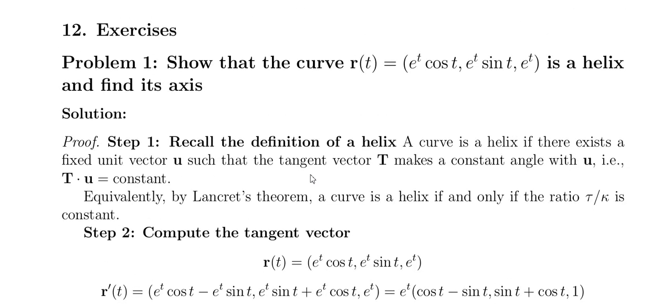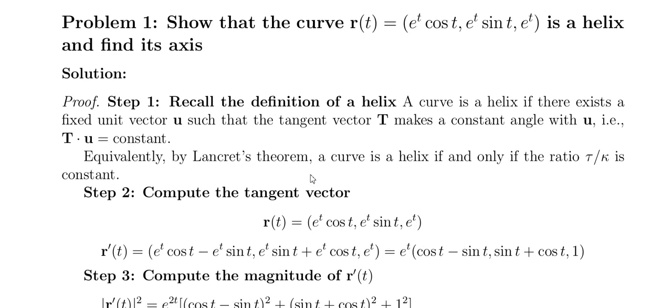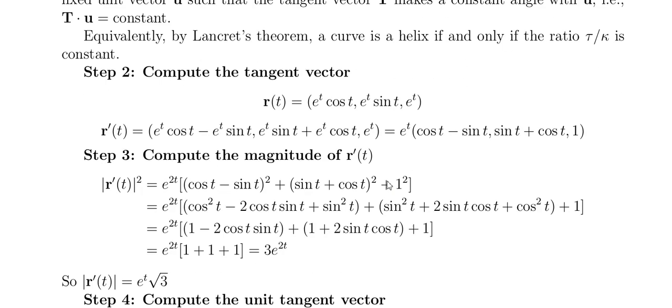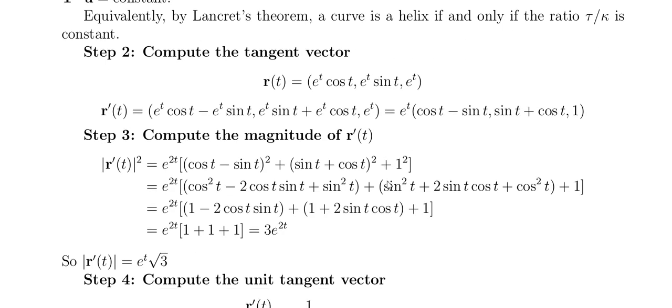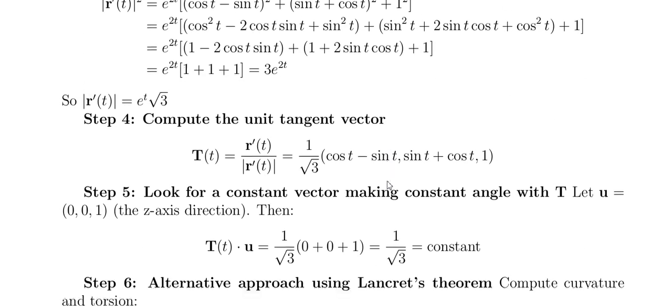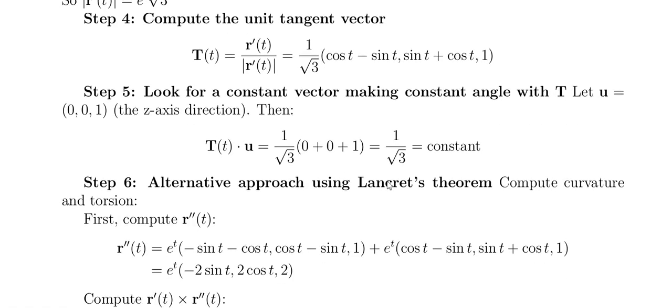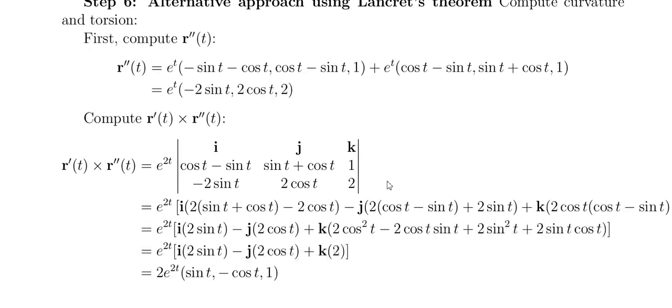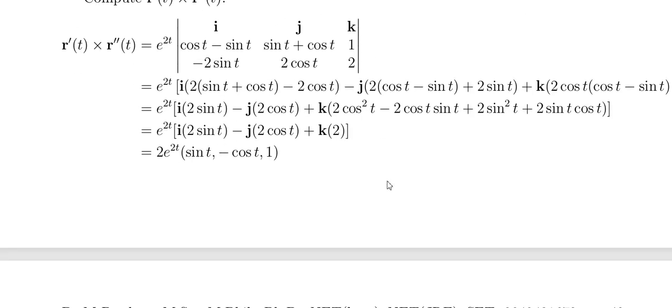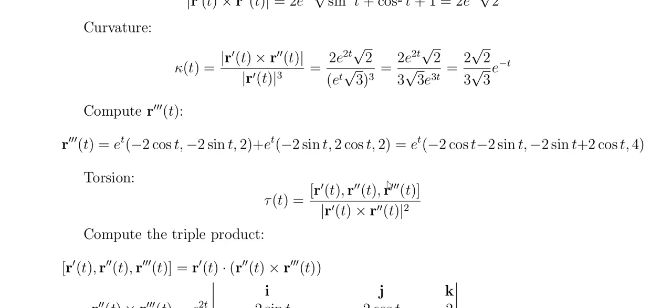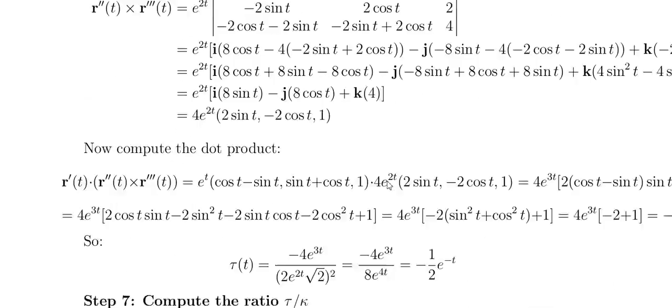Leave the applications, no problem. Similarly, show that the curve r of t equal to e to the t cos t, e to the t sin t, e to the t is a helix, find its axis, they have asked. Just find the tangent vector, r dash, r double dash, and then find the cross product, and then using the formula you get the result,